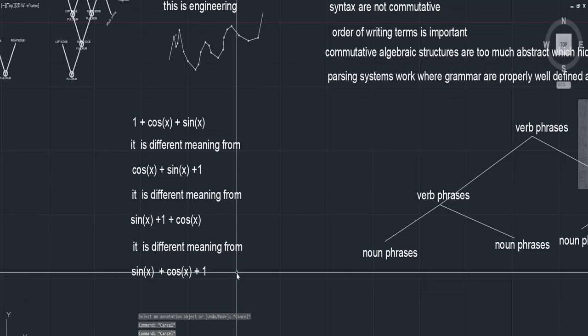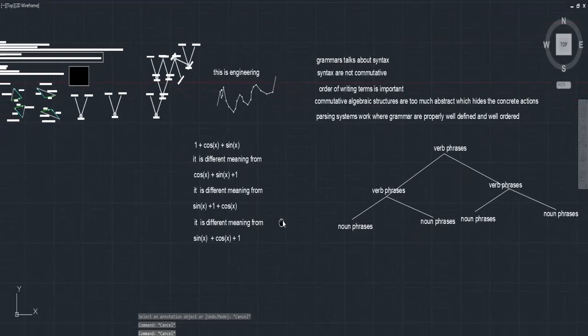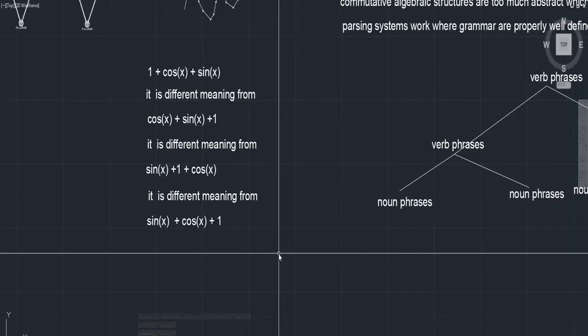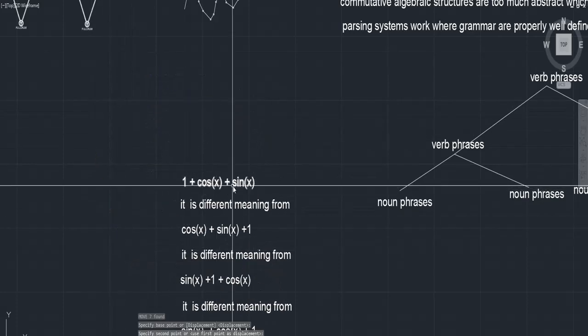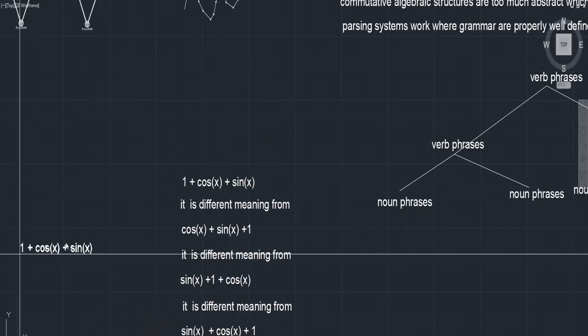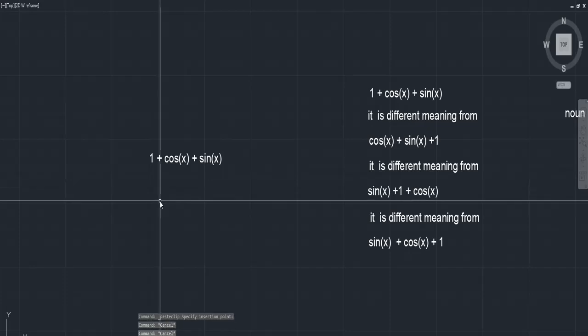There are three terms, so factorial 3 is equal to 6 types of orientations and 6 types of different meaning. We have to know that 1 plus cos x plus sin x, divided by